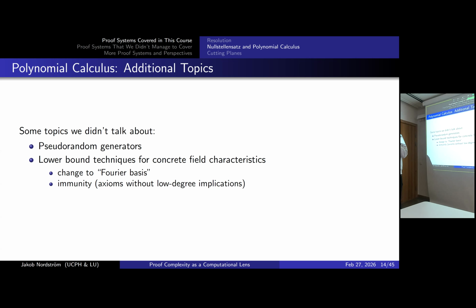So for the way you prove lower bounds with Tseitin, for instance, if you're in a field of characteristic that is not 2, then you do a shift of basis. So you map true to -1 and false to 1. This is just an affine transformation, so it doesn't change the degree. But now the funny thing is that in this new basis, parity constraints are binomials. It's a monomial equal to plus or minus 1. So monomial minus 1 or plus 1 equals 0. Just a binomial constraint. And then you can show that